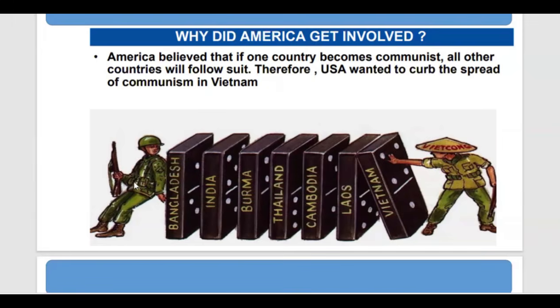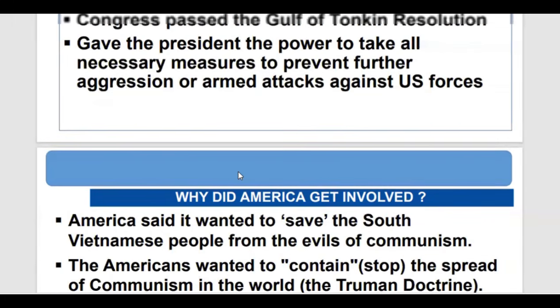So America did not want those countries to fall to communism, because they would fall like dominoes. One would fall on the other, and the other on the next, until the rest of Southeast Asia was going to fall to communism. That was their way of thinking. So they were fighting as much as possible to avoid any victory of communism in Southeast Asia. Right, that was the domino theory.